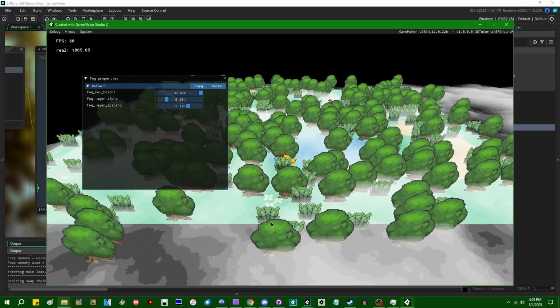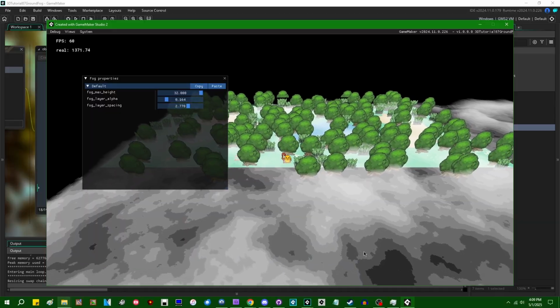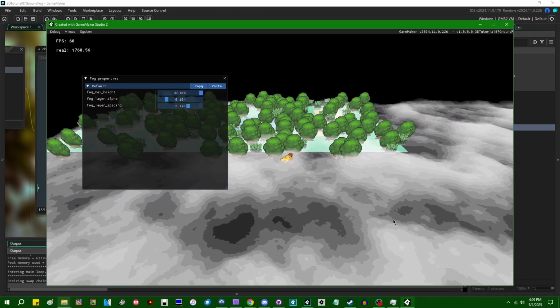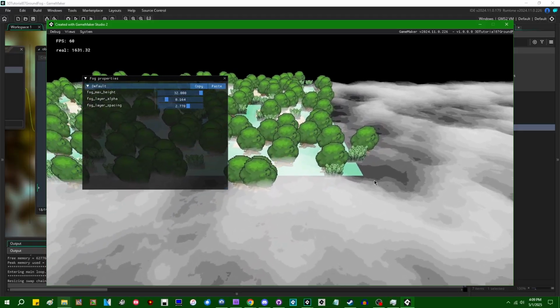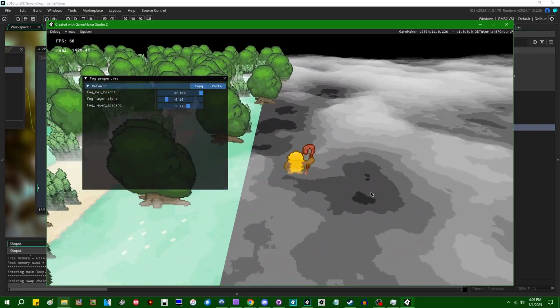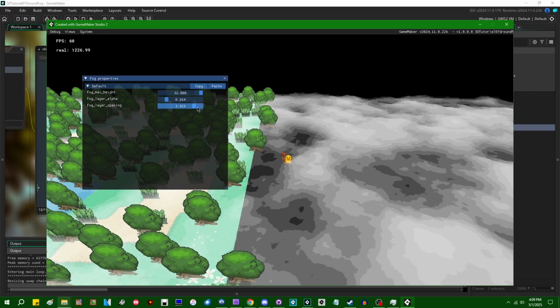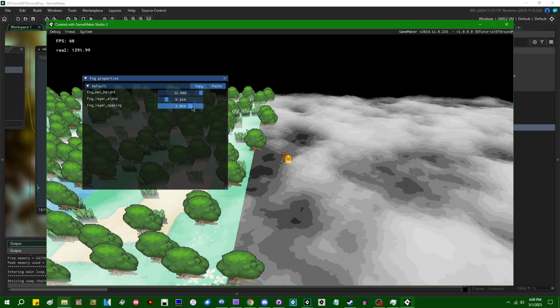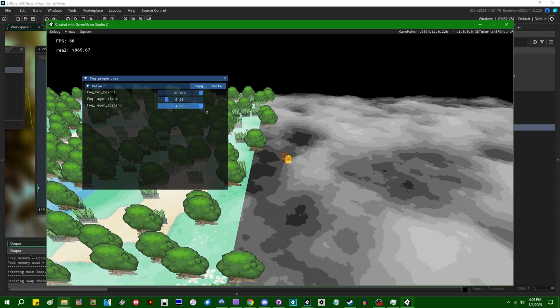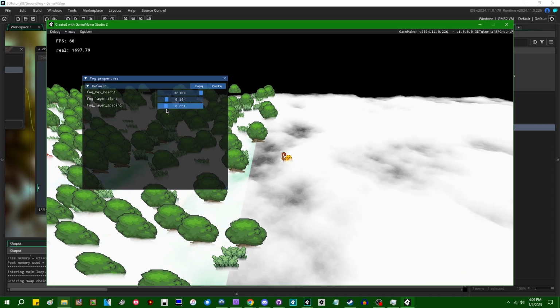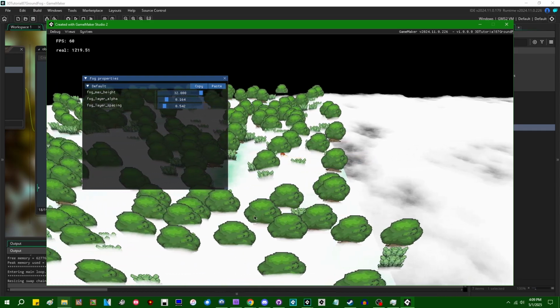I don't dislike this, but if I come over here off the side of the map especially, you can see the height map sort of effect here. But it's probably not something that's going to be a desirable outcome in every game. So I'm going to say probably in most games you're going to want your fog layer spacing to be a lot smaller. If I set this down to something like maybe 0.5, about half of what we had before,